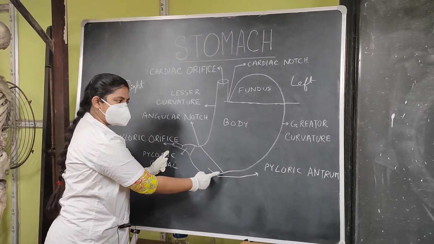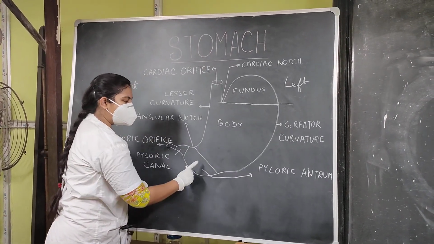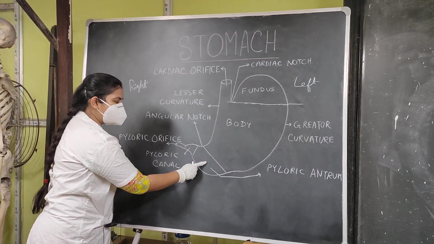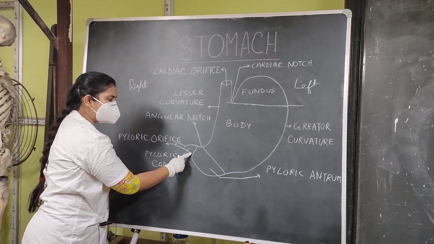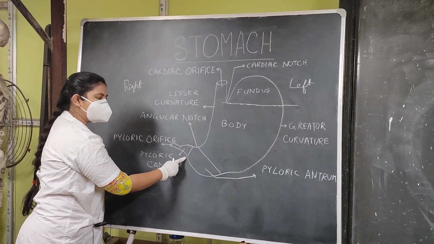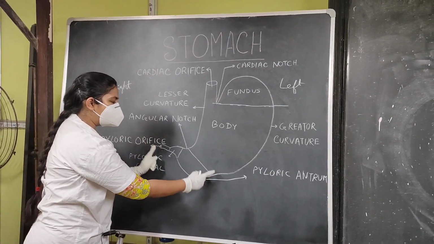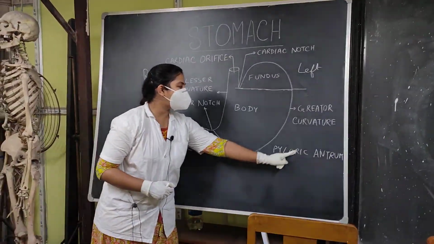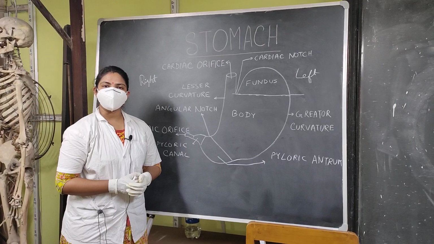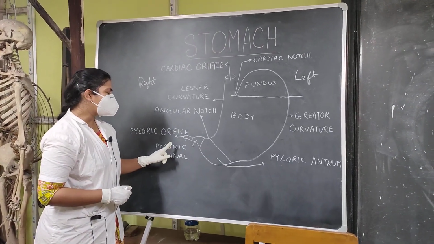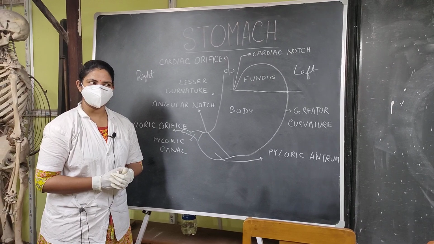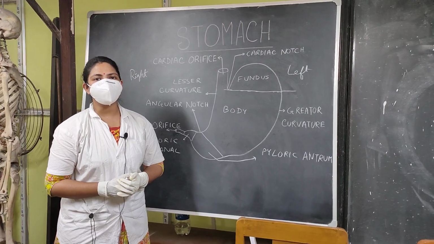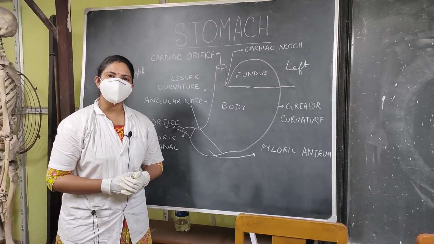The pyloric part is subdivided into pyloric antrum and pyloric canal, and in between them, there is the sulcus intermedius. The total length of this pyloric part is 10 centimeter, among which the pyloric antrum is 7.5 centimeter, the pyloric canal is 2.5 centimeter. The stomach also has two surfaces, that is the antero-superior surface and the postero-inferior surface.